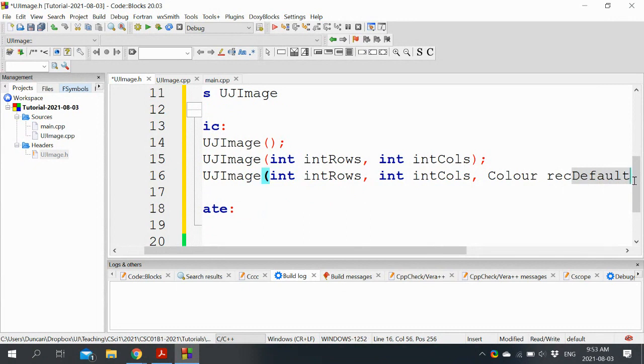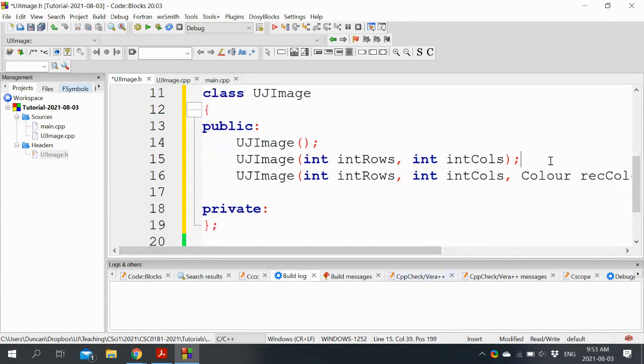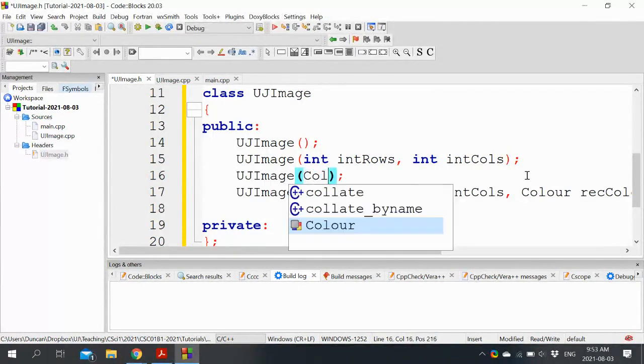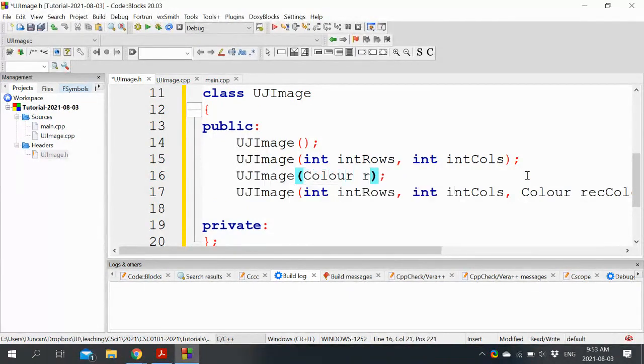Default, so that's going to be the color. And I suppose we could also have a UJ image where we specify the color, but not the size.